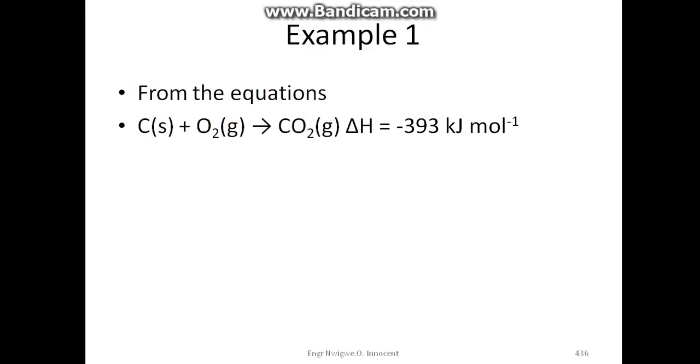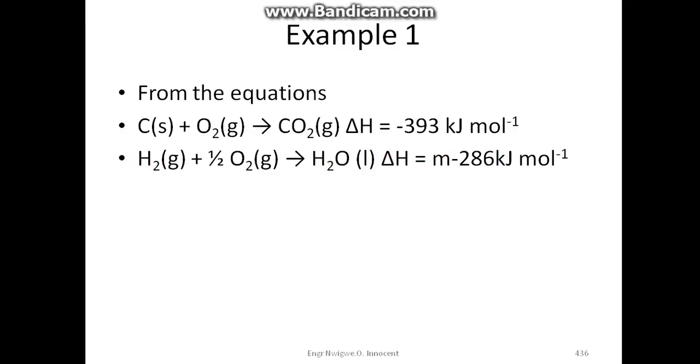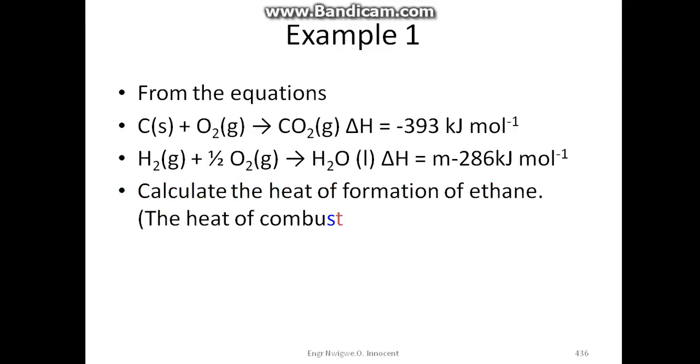Example 1. From the equations C(s) plus O2 gas to give CO2 carbon dioxide gas, delta H is equal to minus 393 kilojoules per mole. Hydrogen gas plus half of oxygen gas to give water, delta H is minus 286 kilojoules per mole. Calculate the heat of formation of ethane. The heat of combustion of ethane is equal to 1500